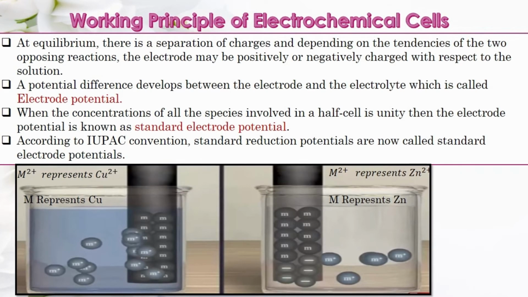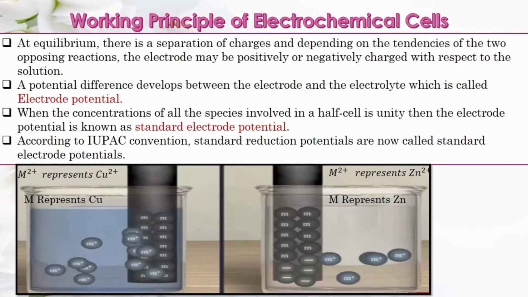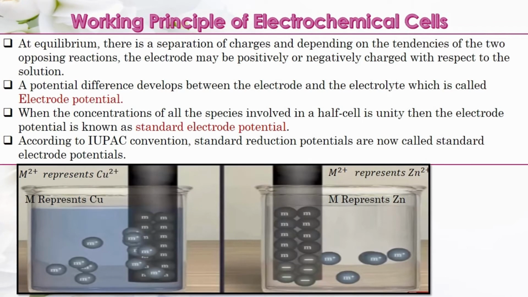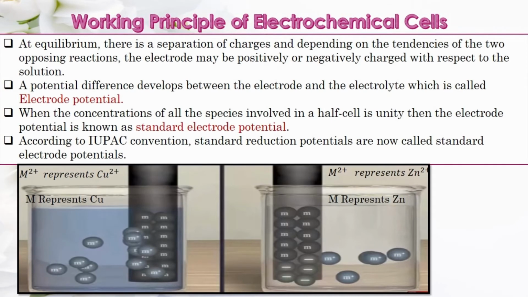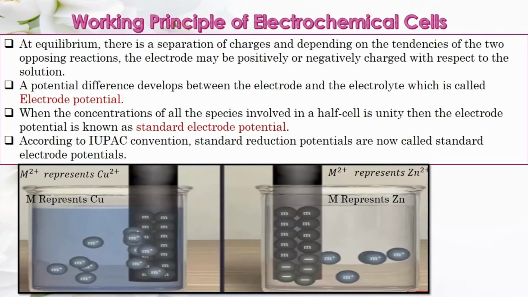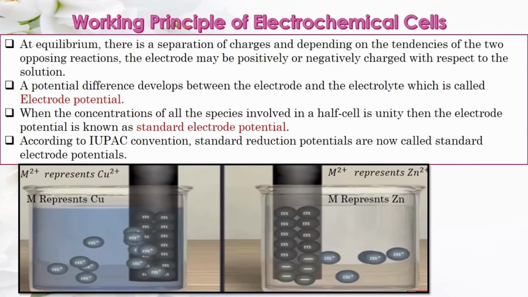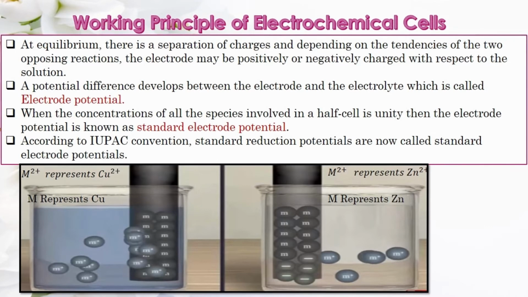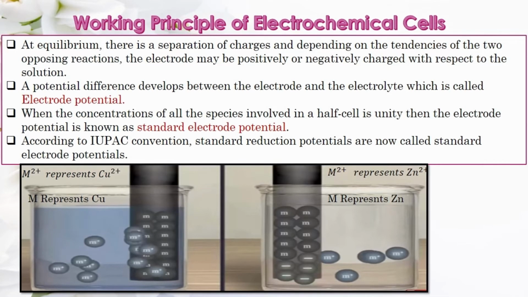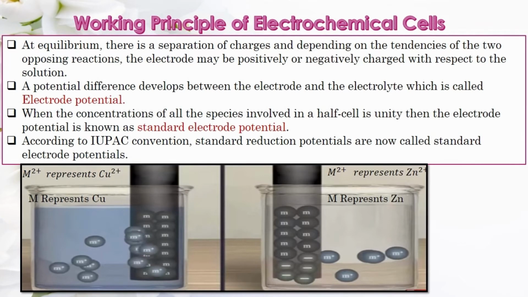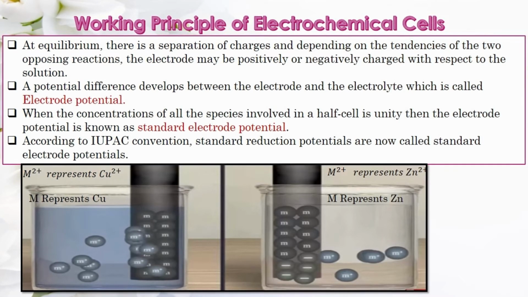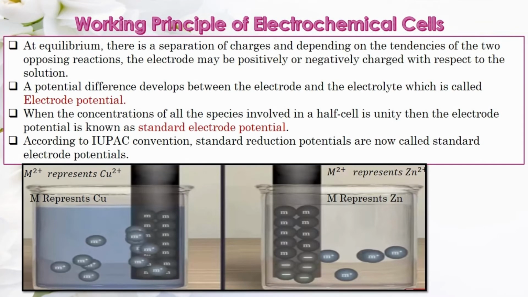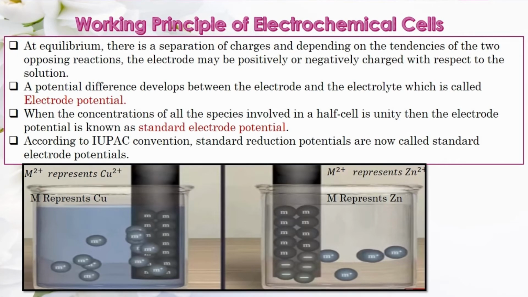So, a potential difference will be developed between the electrode and its electrolyte, which we term electrode potential. The next case is when a copper rod is dipped in copper sulfate solution. We know the Cu2+ ions from the copper sulfate solution will come and deposit on the copper rod. As a result, the electrons present in the copper rod will be taken by the Cu2+ ions. So, the copper electrode will get a positive charge and the concentration of sulfate ions in the copper sulfate solution increases.